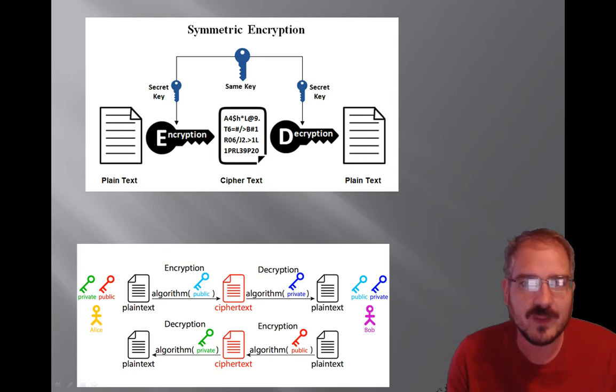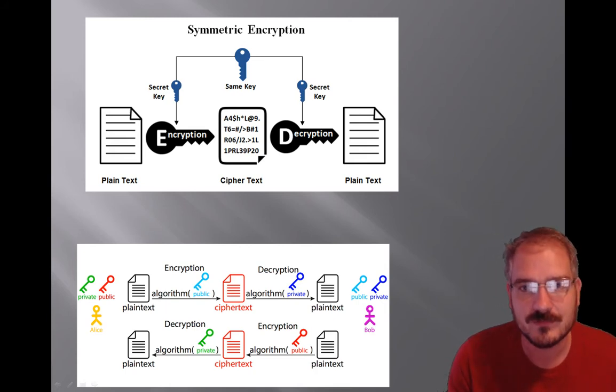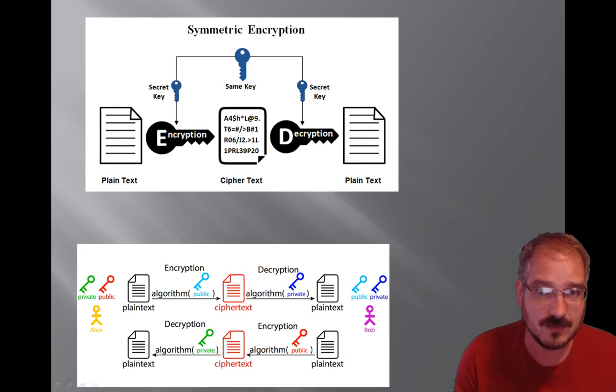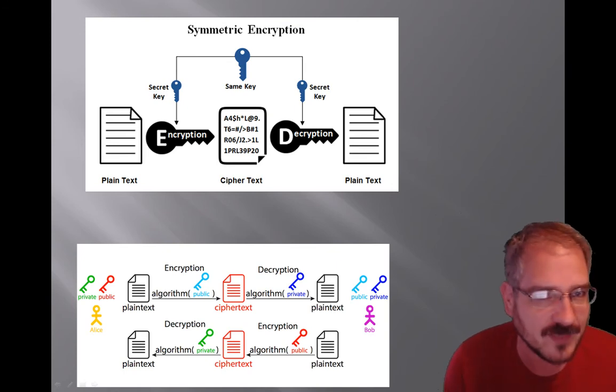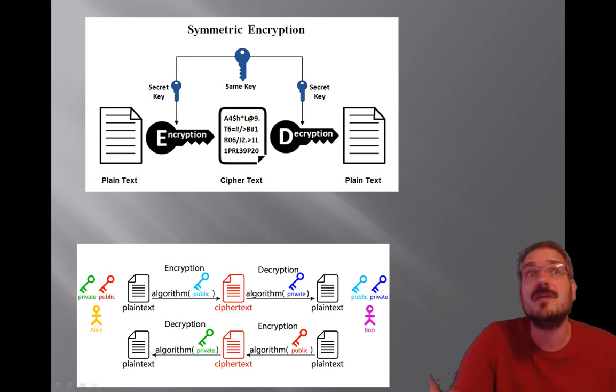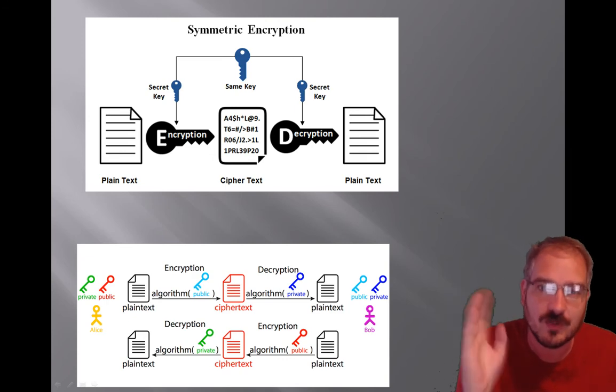But essentially, with asymmetric encryption, everybody creates two keys. And usually this is done in the background, so users don't have to do this consciously. It's done in the background by these programs. But every time a user creates an account, there are two keys generated. The first is a private key that only they know. Think of that key like a password. Only you know that password. But the other one is a public key, and the public key everybody knows, right? You specifically advertise as much as possible what your public key is.